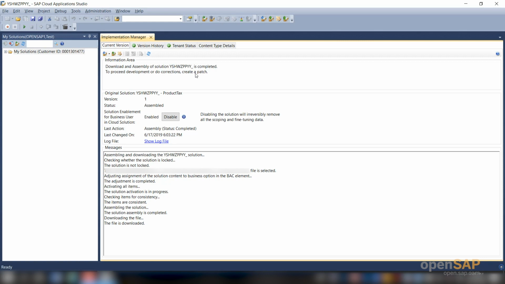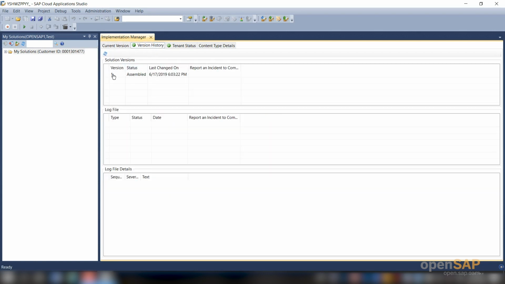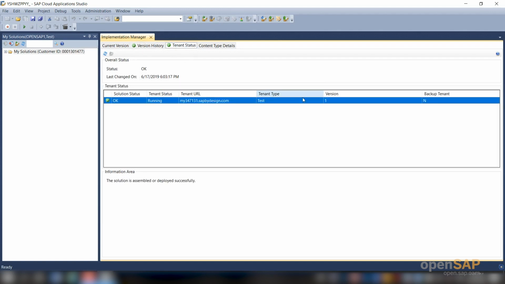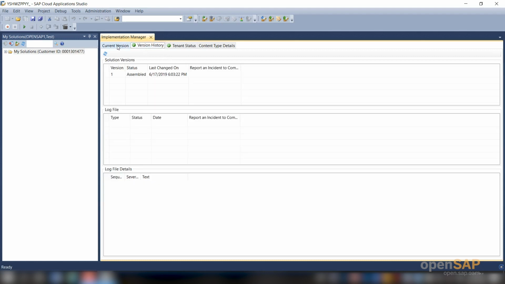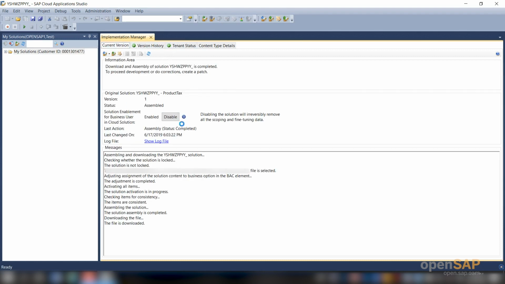It is really important for you to understand how the namespace changes once you assemble the initial version and then move to the next patch. You also have version history, which says what the version status is, assembled or in development, what the last change is, and the tenant status. These details can be found here, but it is not really important for you to understand. What is important is the steps that I have just explained to you.